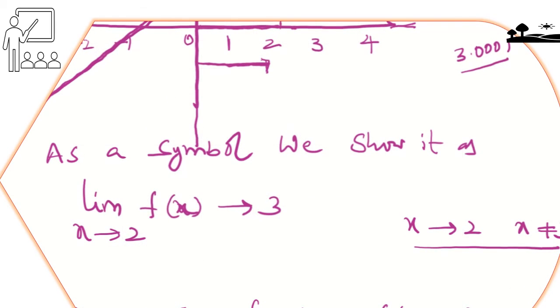The same thing, if you want to write it in short form, as symbolic form: lim is the short form for limit. As x is approaching 2, the function is approaching 3. That means the limit of the function will be equal to 3. You have to understand here, x approaching 2 means x is never equal to 2, but x is very, very close to 2. I don't mind whether the function is defined at x equals 2 or not. I am calculating what happens when x is close to 2.